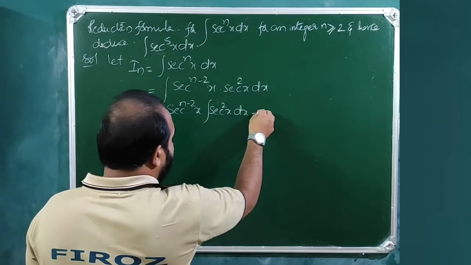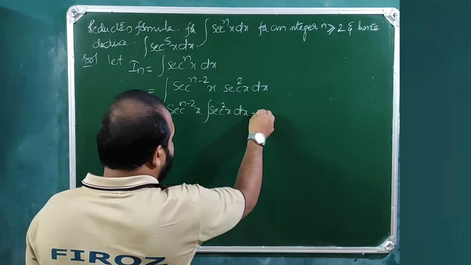So t power n into cos x dx is dt. So integral t power m dt is t power m plus 1 by m plus 1, where t is sin x. So this is sin x whole power m plus 1 by m plus 1, or sin power m plus 1 x by m plus 1, minus